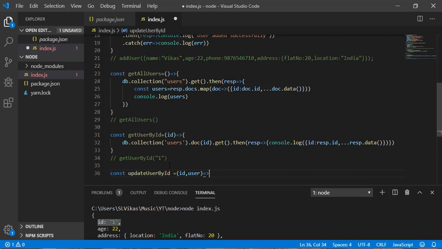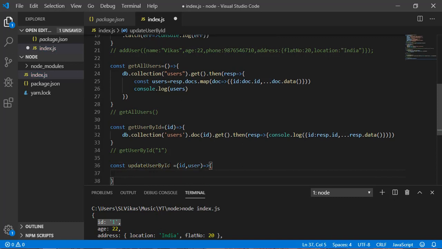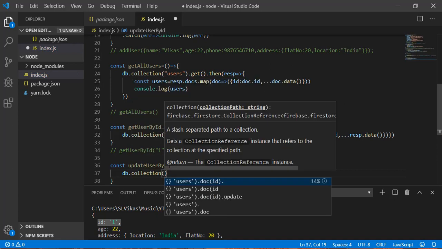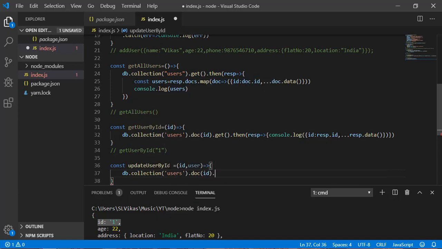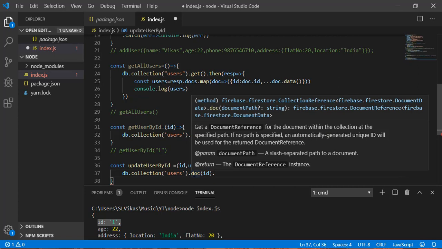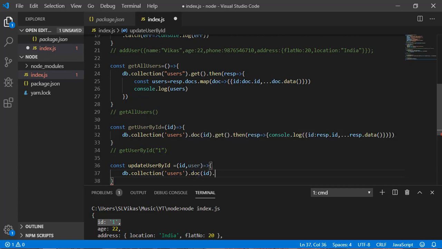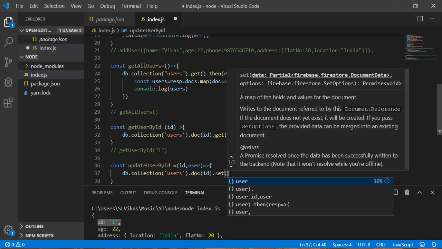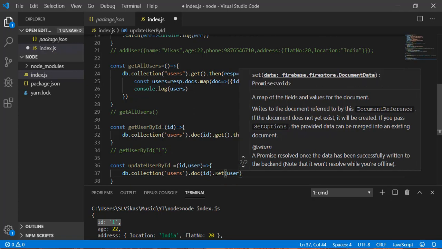Now inside this function, db dot collection and user, and after that I need to pass a doc. Okay, so this doc means I am pointing to the particular document with the ID, and I can write here set. Okay, and I can provide users.